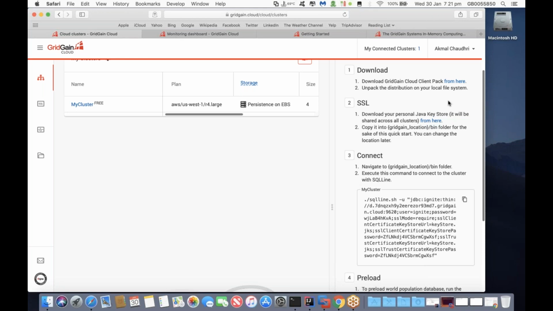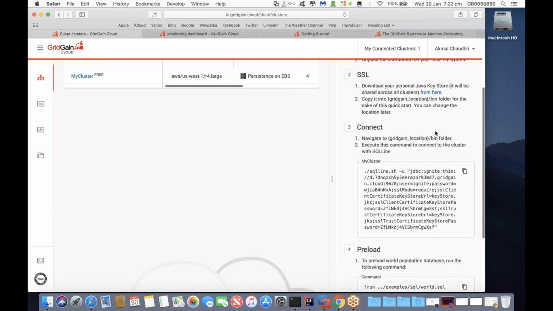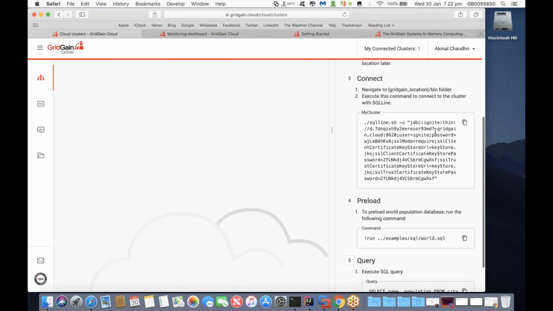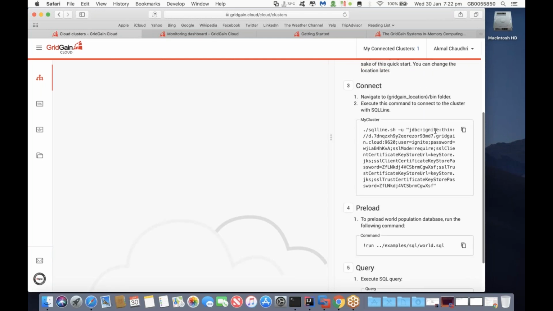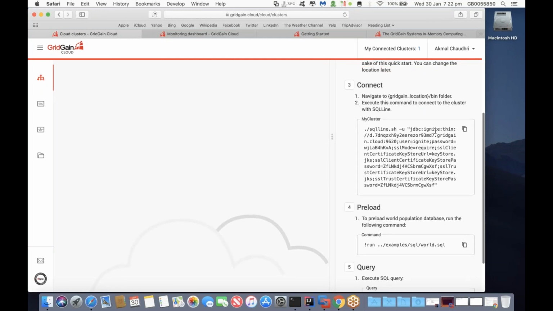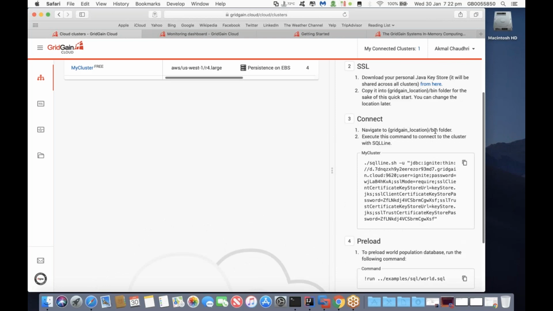Because we're going to use a secure socket layer to protect our data, there is a Java keystore which is automatically generated for you. And again, there's a link to be able to download this, and we use these web-based demos. And then for the connection, as part of the GridGain client pack, which we previously